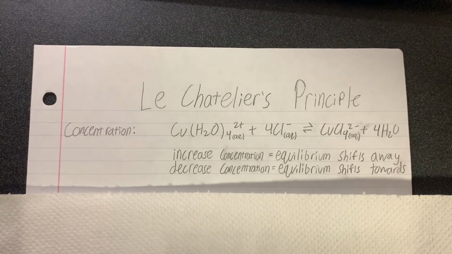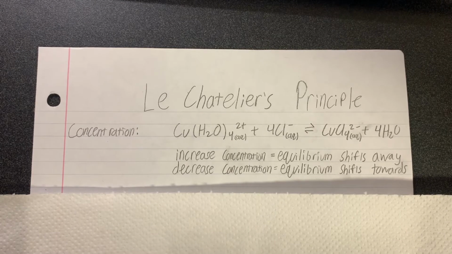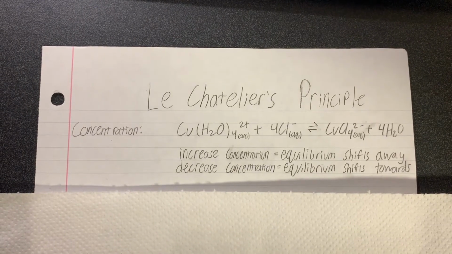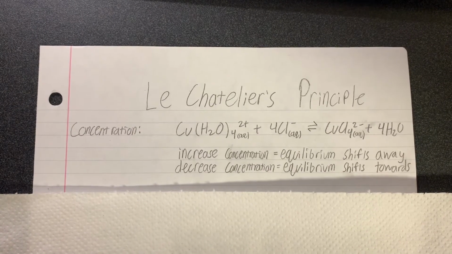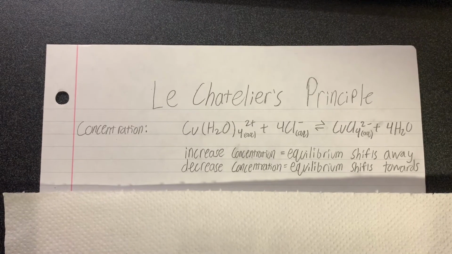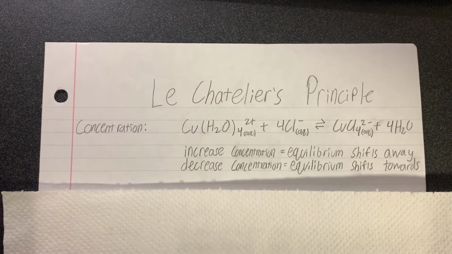The first one is concentration. If we increase the concentration, the equilibrium will shift away, and if we decrease the concentration, the equilibrium will shift towards. So, for example, if we increase the amount of CuCl4 in the solution, the equilibrium will shift to the right. And according to this principle, also, if you decrease the amount of CuCl4, then the equilibrium will also shift